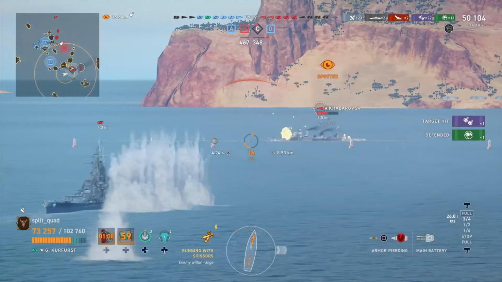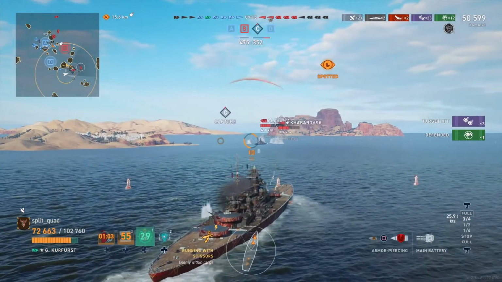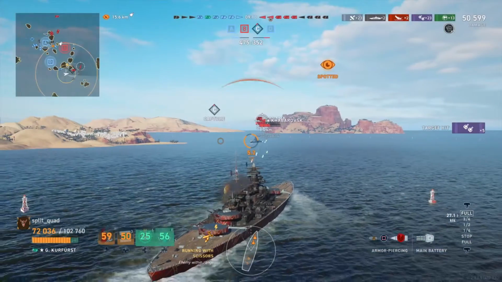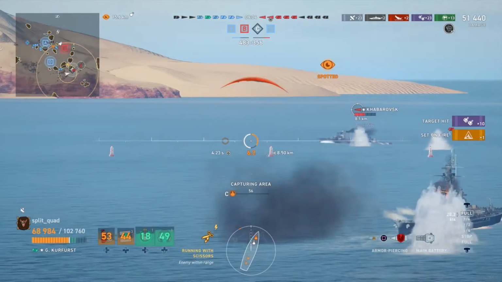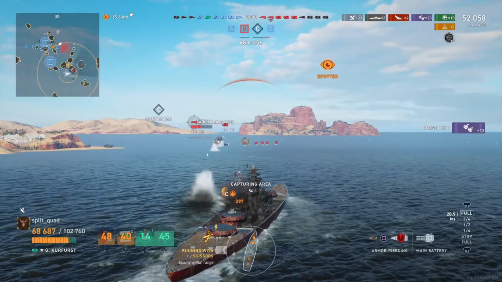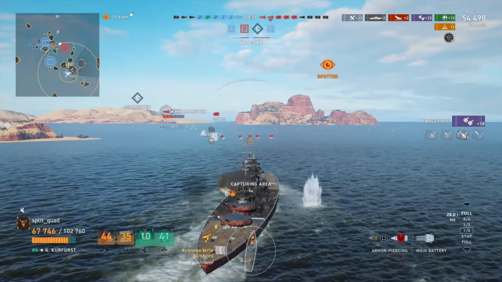He's gonna be very rapidly forced to leave, which leaves this Alabama in a terrible place. Like, that Khabarovsk was a great piece of support for him, but he's gotta go. He's gonna get farmed down by me, the Conqueror, and anyone that might be trying to approach from the middle of the map. So, continuing to fire at the Kaba, notice the torps,